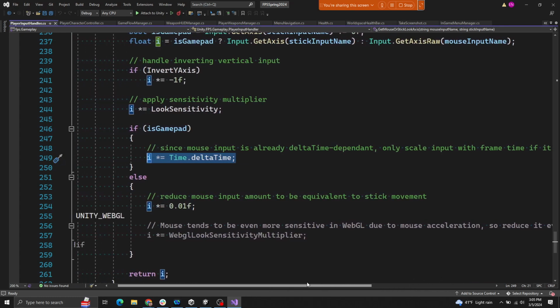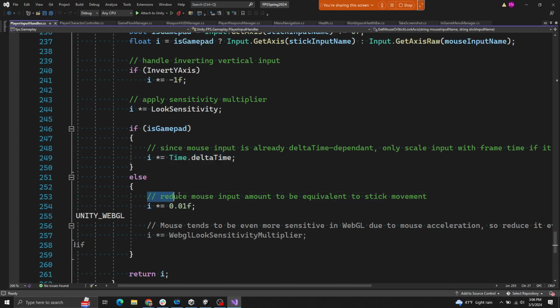okay. So if it's the gamepad, it's just going to be a number between -1 and 1, but we multiply it by delta time. Delta time is just however much time passed since the last frame, which is going to be a little fraction of a second. What that does is make it time dependent. We have this value that goes -1 to 1, but we don't know how much time has passed since the last frame, so we just have to multiply it by that length of time